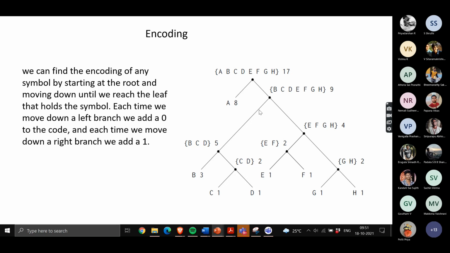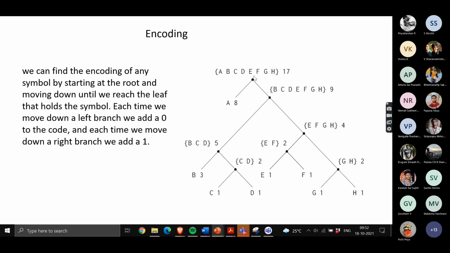For example, here I want to represent a message DGH. D is a symbol, G is a symbol, and H is a symbol. What is the equivalent binary pattern you will use to represent DGH? So what is the equivalent bit pattern for this? Let us look at it. For each and every symbol,